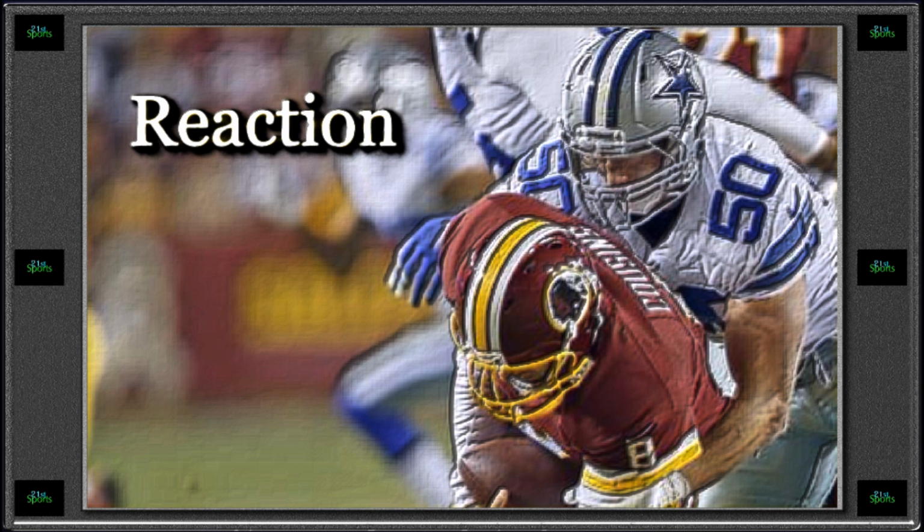So the Redskins got the ball first in this game. They went 3 and out on their first possession. The Cowboys would then take over on their own 34, and Darren McFadden would fumble the ball. Goldston recovered, but the Redskins were not able to turn the turnover into points as they would go 3 and